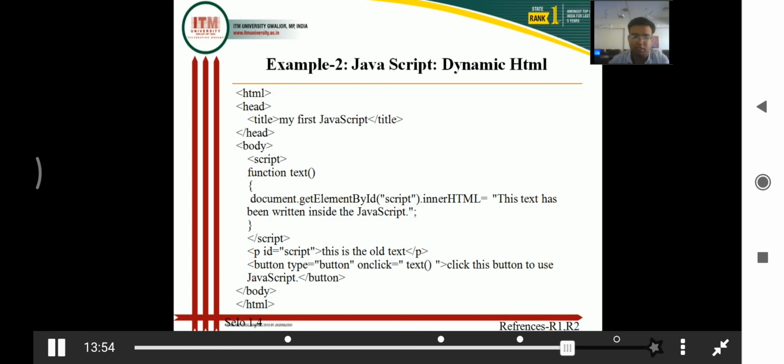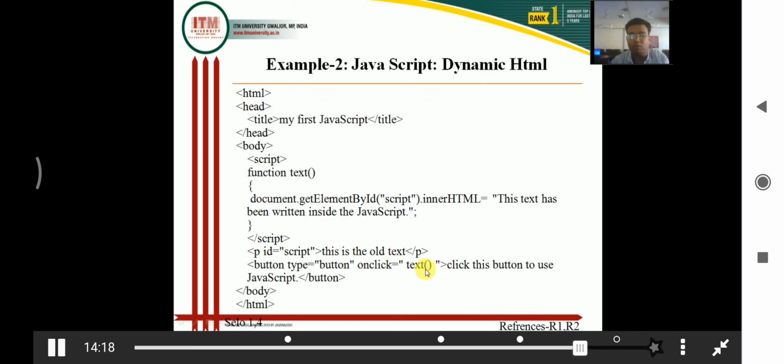For that I have created a button, type equal to button, and an onclick event. There are many events available in JavaScript, like onclick, ondblclick. Here I am using onclick with the function name text.